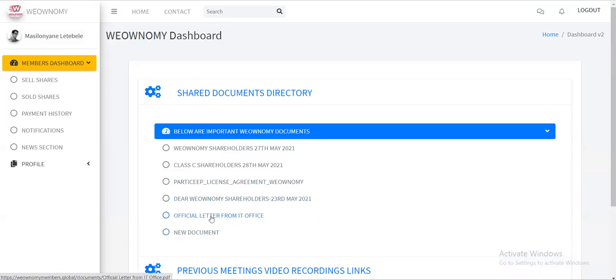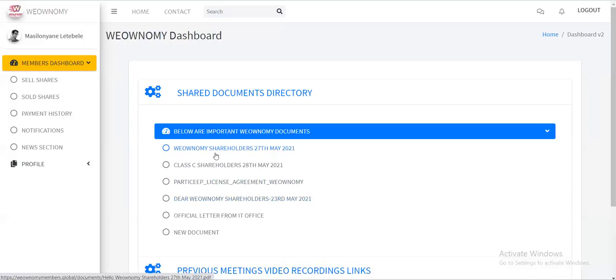You can even see information from the IT office. So this is whereby if you are new to the project, then you simply have to go through this information. I highly encourage that you read these letters so that you understand what the project is about, and then what